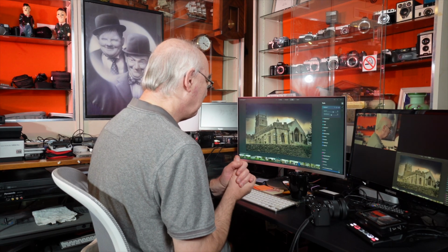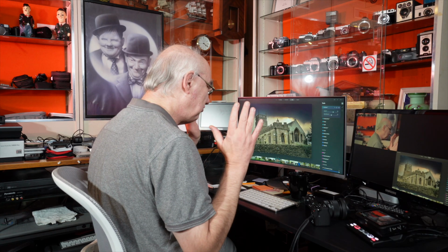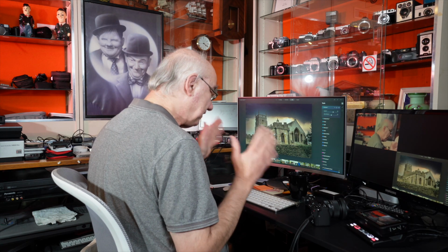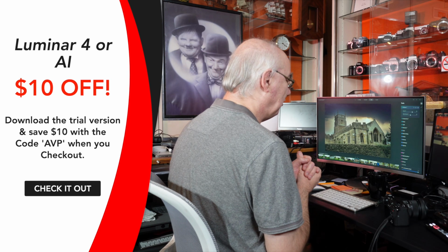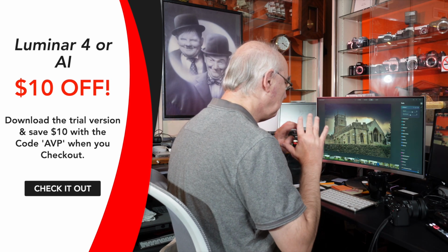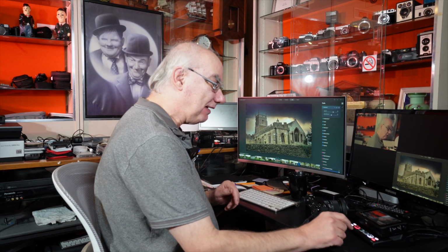Now that was taken on the same day. And you can change skies, you can do all sorts of things with Luminar AI. I love it. It's not so powerful for cataloguing your images, for creating favourites and all that kind of thing. But if you want to create some lovely skies and really make your images pop, that is a great bit